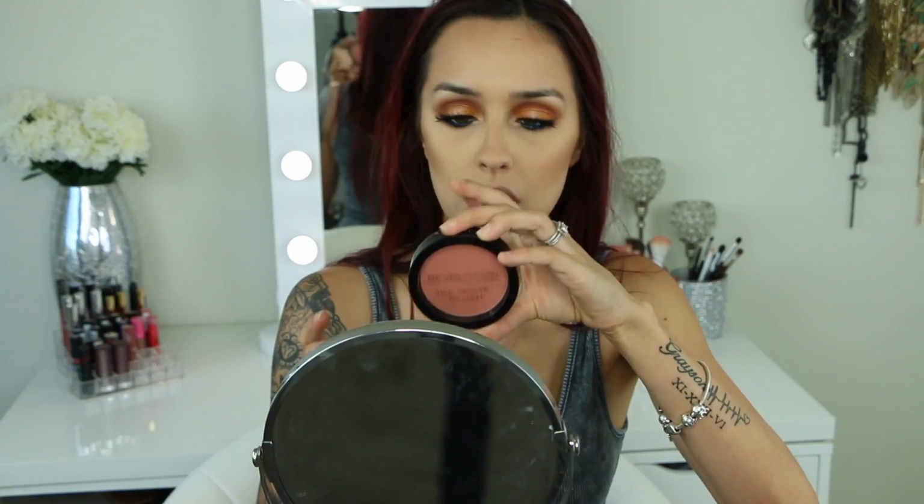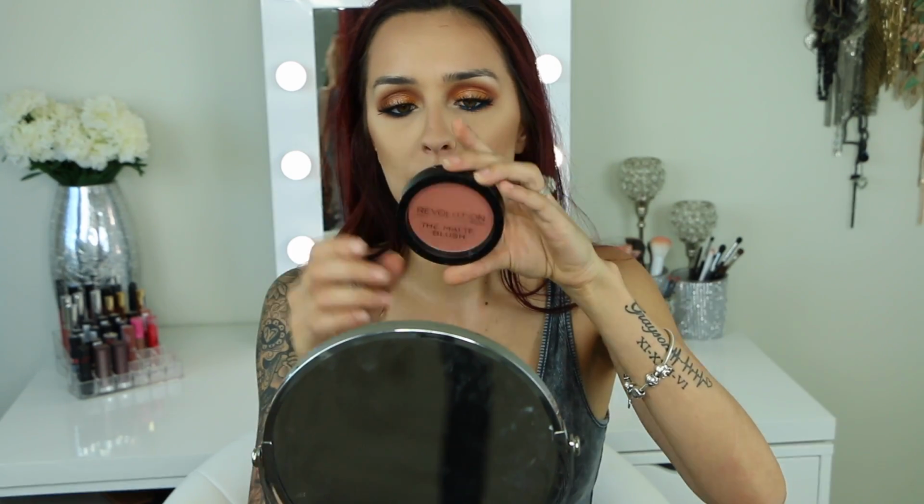Okay, so then I'm gonna go in with, I'm using a lot of Makeup Revolution today. Makeup Revolution, the matte blush powder in the shade Nude. This is super pigmented. I'm telling you, if you haven't tried Makeup Revolution and you are on a budget and you like drugstore products, this has quickly become one of my favorite